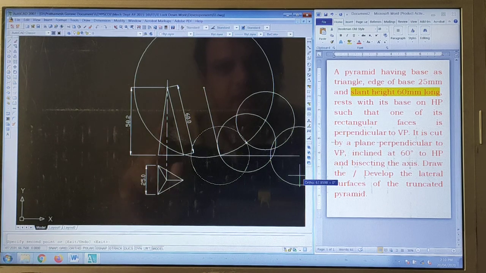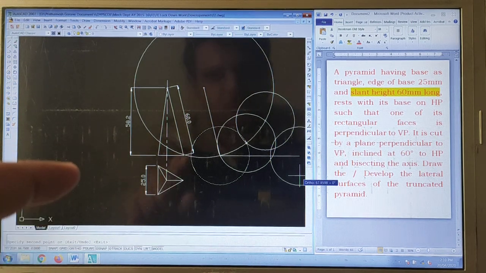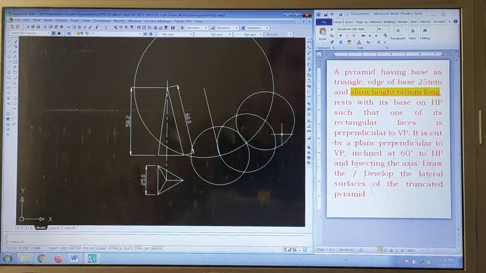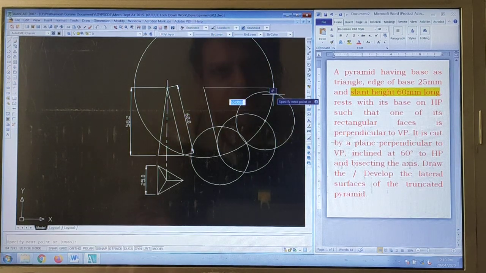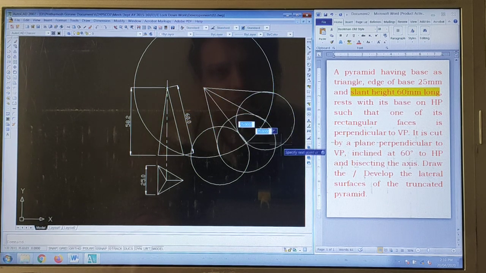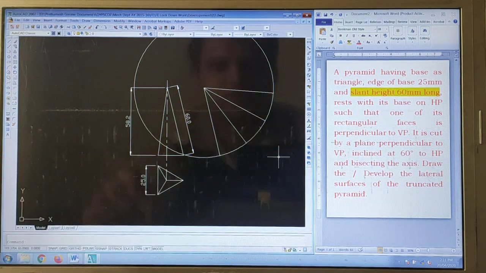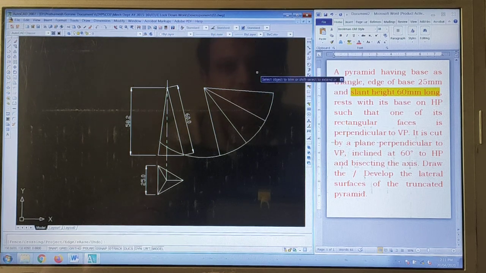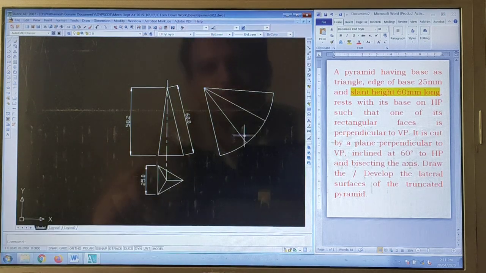Now as it is a triangular pyramid, we need 3 points. So this is the first point, second point, third point. Copying is done. Then we can draw these straight lines like this. Now if we delete this, you can see a better view. If we trim this particular object, this is what it will be.